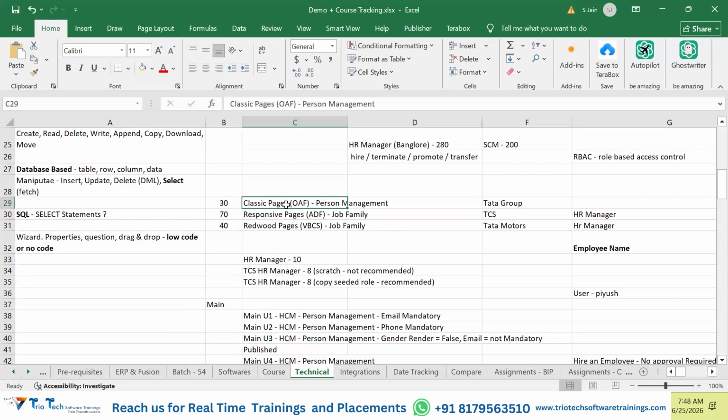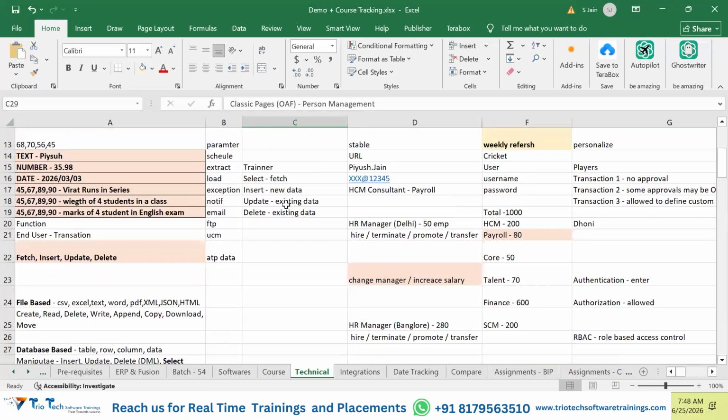Some fields may be mandatory, some fields may not be mandatory, some fields may accept text value, some may accept numeric value, some may accept date value, and there may be some sort of buttons. Once you fill in the data and click on save, next or submit, what is going to happen? Either the data will be inserted or saved, or the data will be updated or modified, or lastly the data may be deleted, right? Agreed?